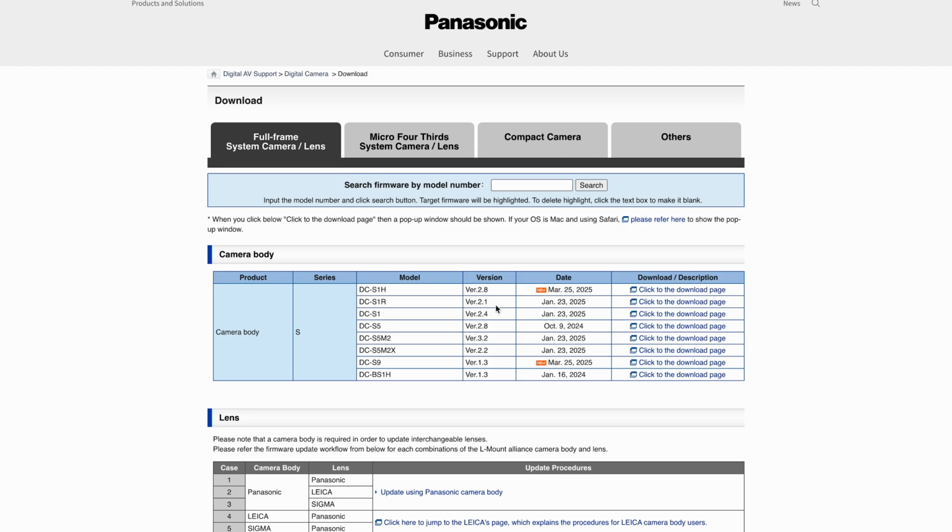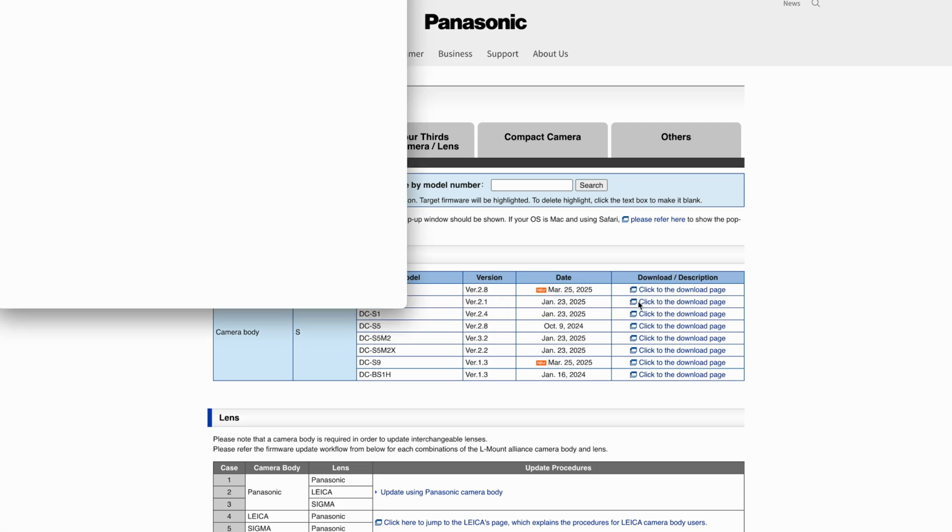Okay, just a quick video today to say that there's a few more firmware updates for a few different cameras across the Lumix line. So there's one for the S1H, there's one for the S9 and one for the G100D, which of course is in the other tab, so we can look at that in a second. But if we start with the S1H, we can just click on that